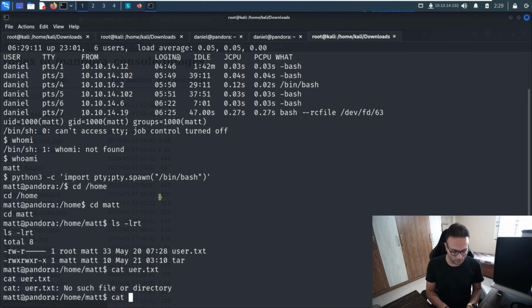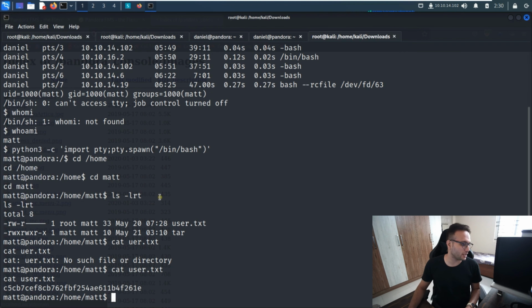Sorry, the user.txt file over here, I can see it. Okay, that's one of those things. So this is the initial flag which we can get very easily over here. Now what we have to do,